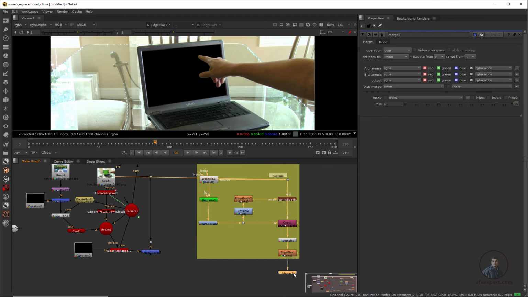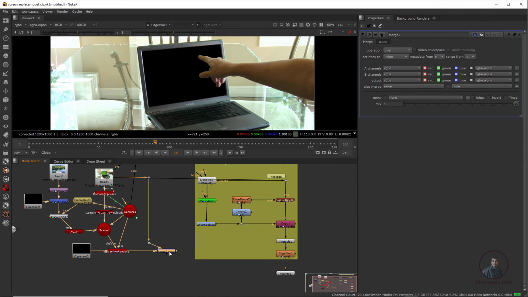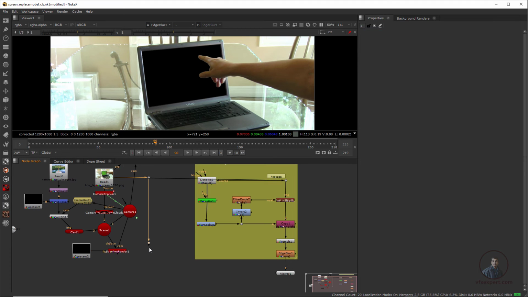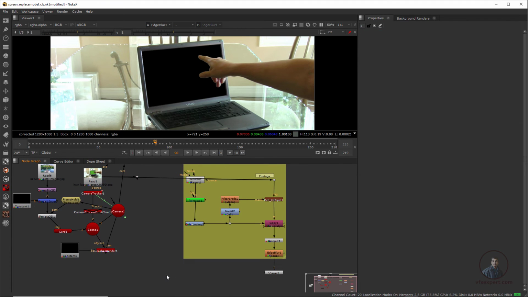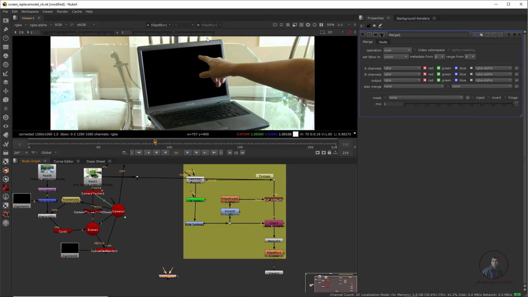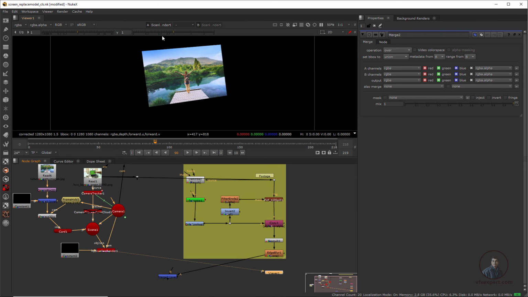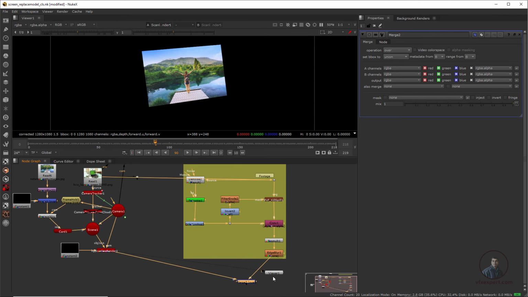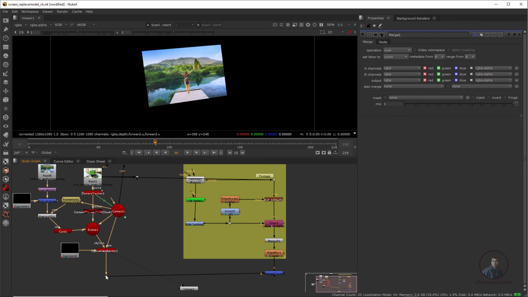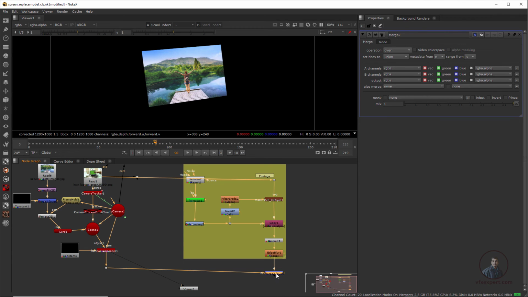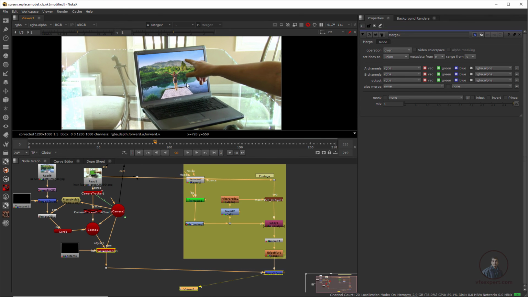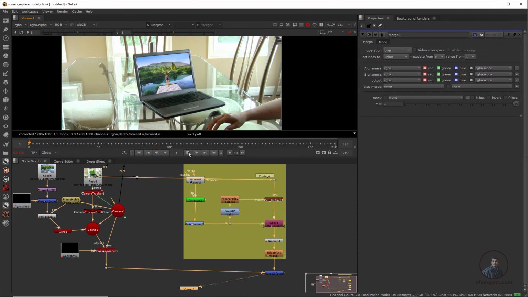Then after this, what we have to do for compositing is delete this merge here, because now finally we have to do our compositing. So for this, again take a final merge node here. Here this output will be our foreground, and the output we are getting from our scanline render will be our background. Now simply we can connect, and this merge will be our final output merge node. Now hold Control and easily we can place it here. Now select this merge node, press 1 here. So guys, now play and check our final output here.